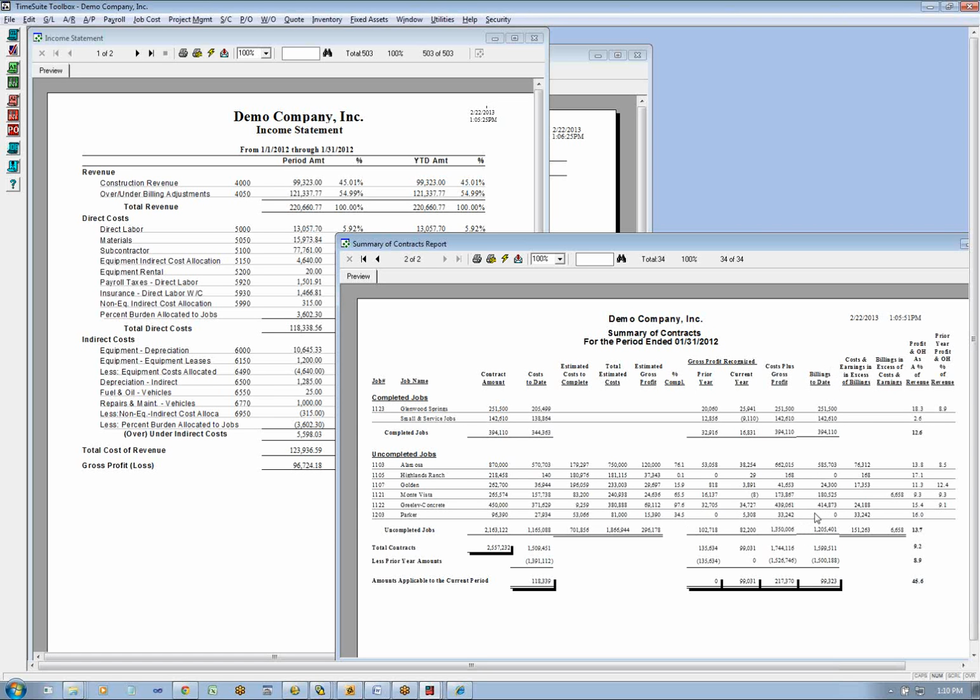So the question is, do you match? Do you adhere to the matching principle? And the answer is no, because I have $27,000 in cost. I've got a 16% margin that I think I'm going to make on the job. And so what you do with this schedule is you calculate your margin. So 34% of my 16% margin is $5,300.